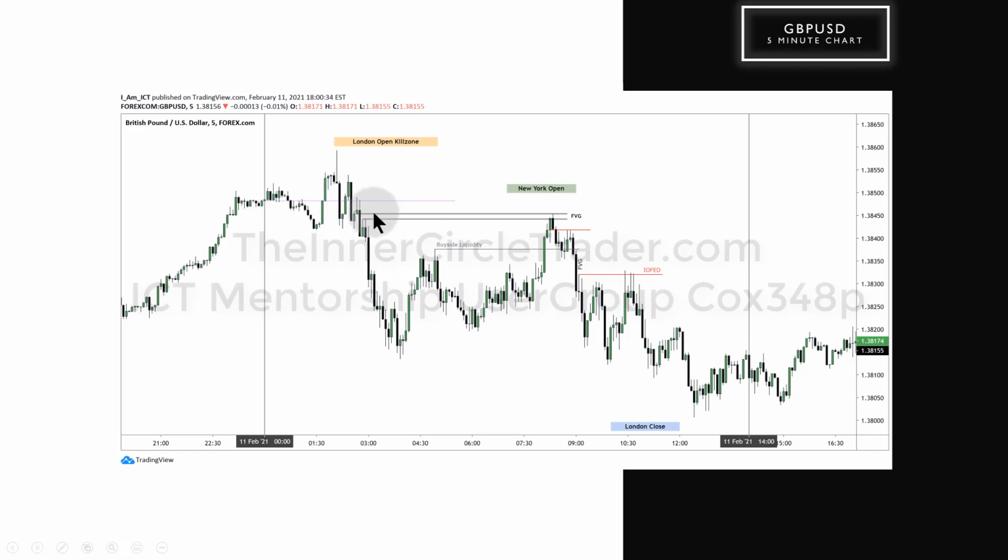We have the opening price at midnight in New York time here. Then we have a small little fair value gap as it breaks lower, comes back up, short-term little swing high, trades lower, creates a buy side liquidity pool here, runs up into New York open, closes the fair value gap, optimal trade entry from high to low, retraces back into the fair value gap, time, price, trades lower.